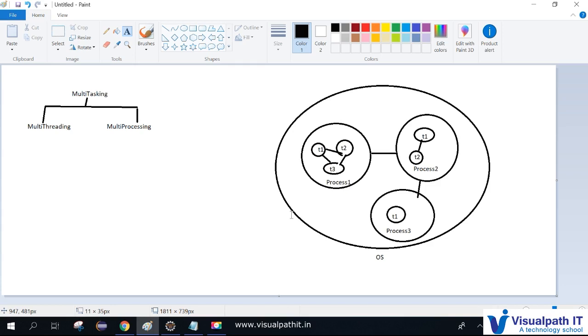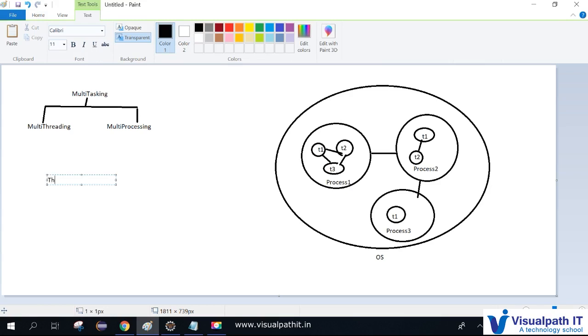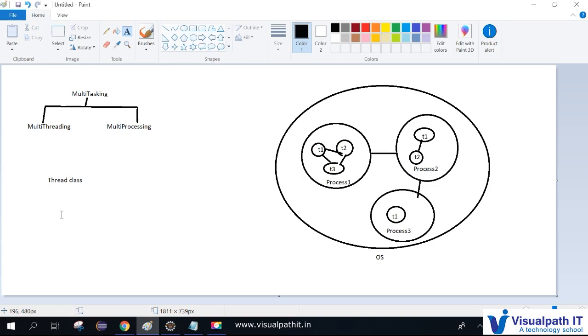So in Java, how can we implement multi-threading and how to do that? For that, Java has implemented one class which is called the Thread class. So this is the class which we are going to use in Java to achieve thread programming. So Thread also has different constructors, and it has different methods. Suppose if you see, the methods are like